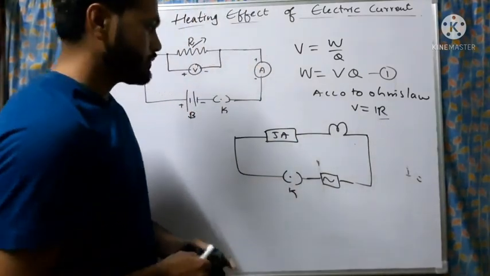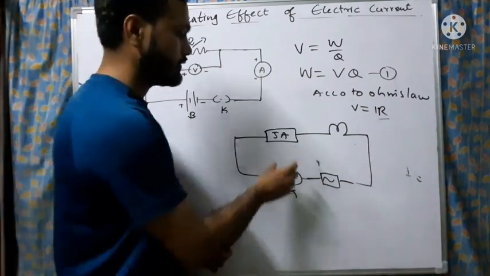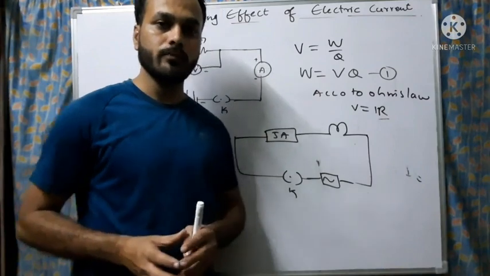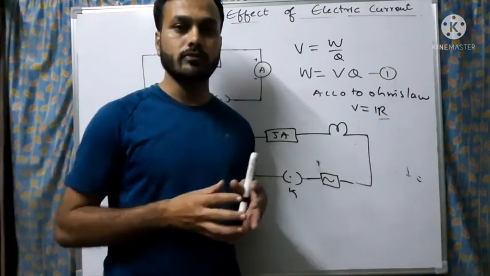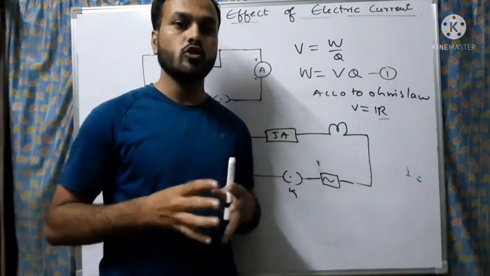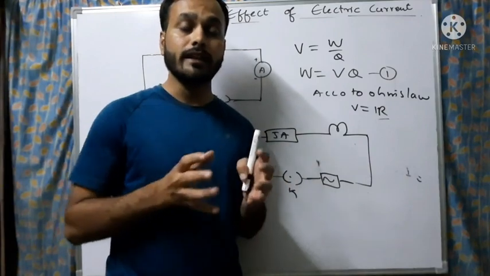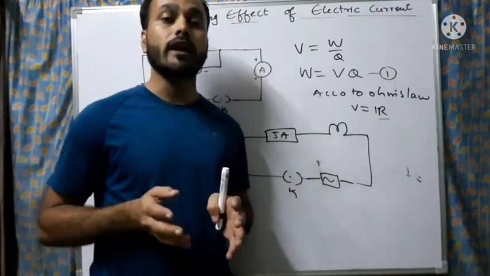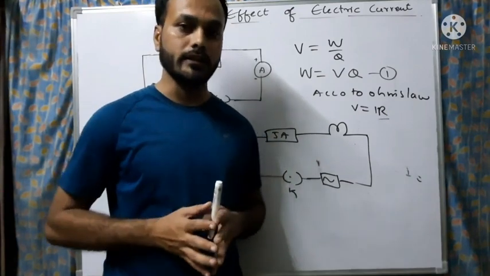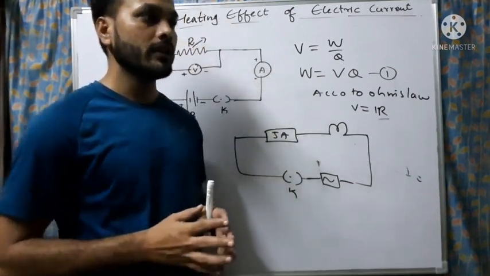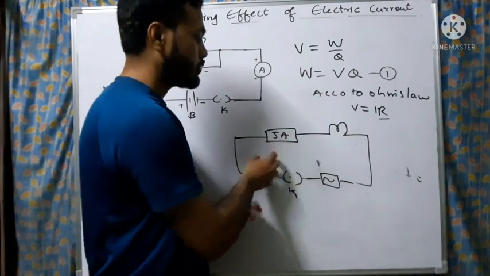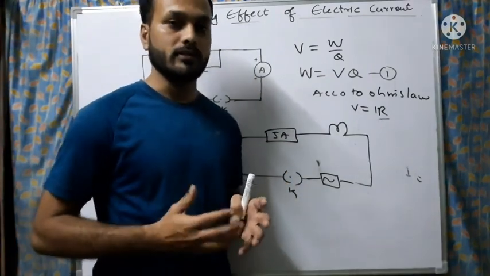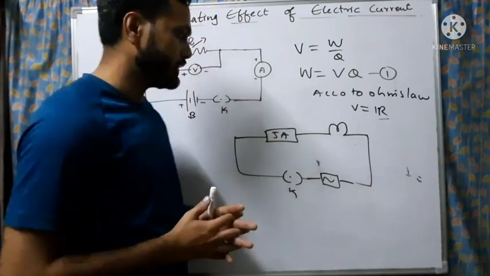First let me tell you what a fuse is. A fuse is a safety device which has been installed in our houses in the electric circuits to protect the whole circuit as well as the electrical appliances from any possible damage due to the heavy flow of electric current. It has properties like a low melting point and high resistance.